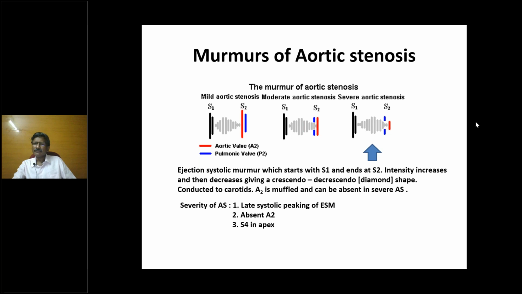Okay. Smriti has asked in the auscultogram why the murmur is encroaching into S2. No, actually the murmur is ending at S2. It is ending at S2. It's not crossing S2. If you carefully see the diagram, it is ending at S2. S2 means A2. What they mean is A2. The red line is A2.